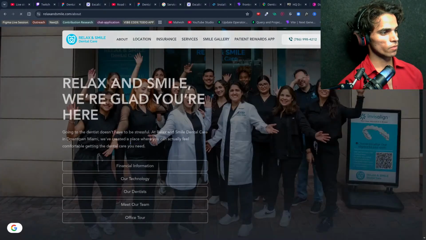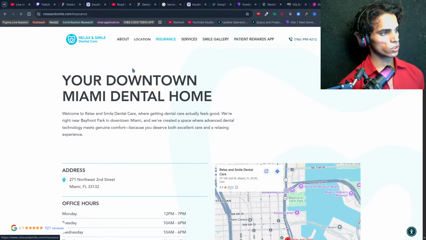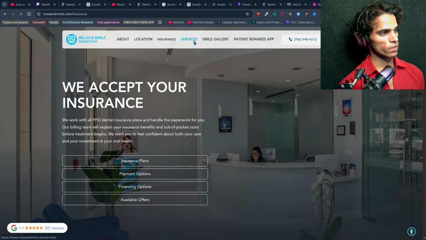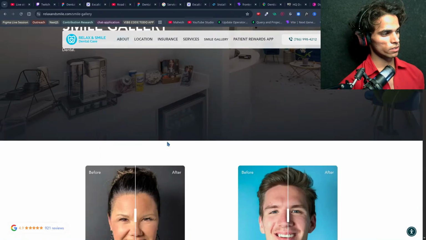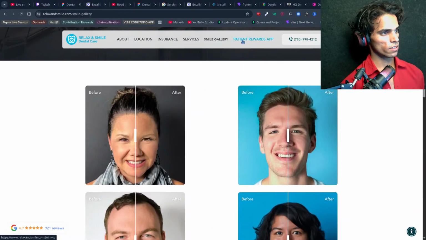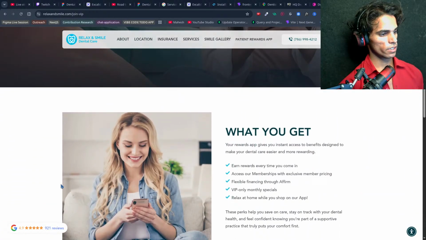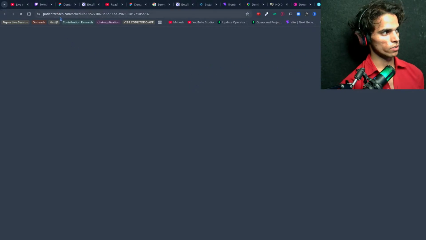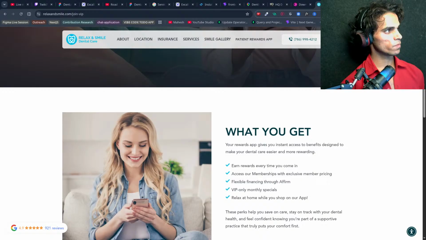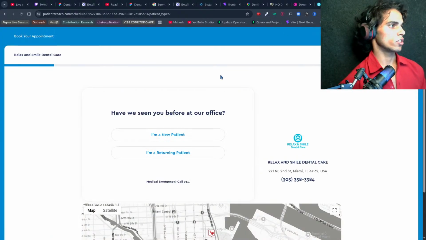About, and then location, insurance, services, smile gallery, then patient rewards, and here we have the calendar, this is book now. Whenever the user clicks book now, you will get redirected to patientsreach.com.